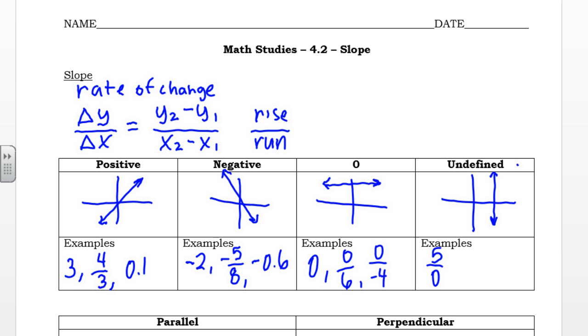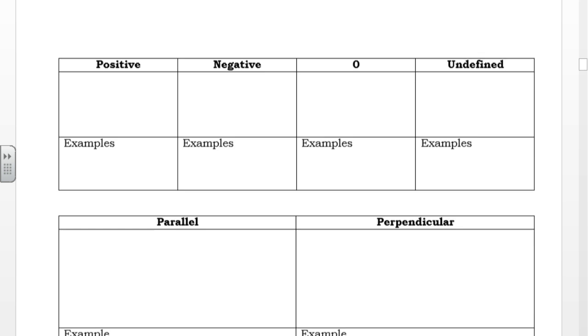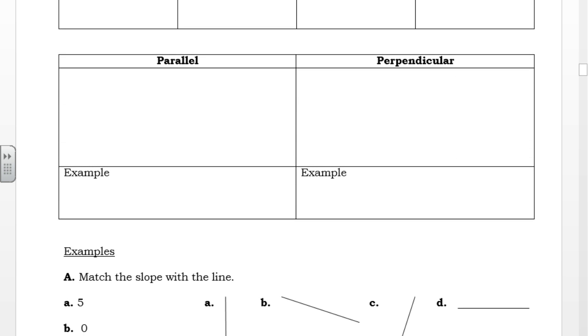It's changing 5 vertically, but it's not changing horizontally. And that's why it's undefined, because we cannot divide by 0. Okay, scrolling down. Parallel and perpendicular slopes. So two lines are parallel if they do not intersect, and on a coordinate grid that